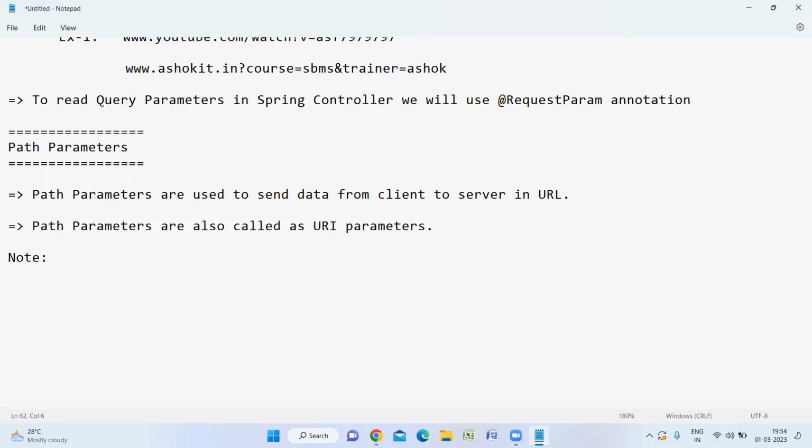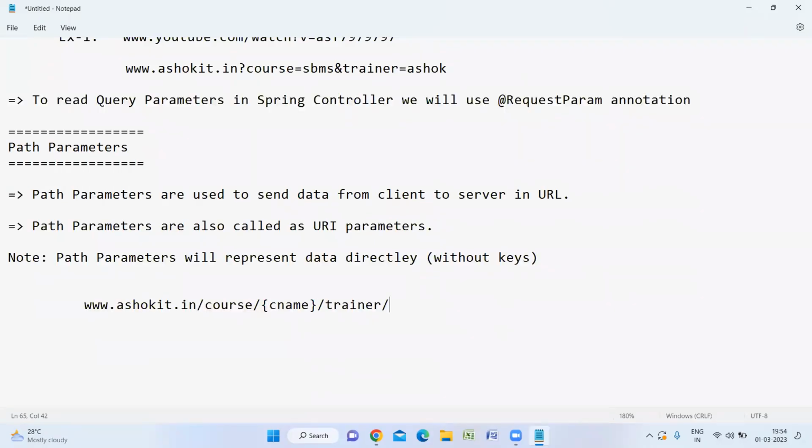Curly brace represents a variable, and here trainer name. Like this, we are going to specify path parameters in the URL. Are you guys getting my point? Query parameters will represent the data in the form of key value, whereas path parameters will represent the data directly. Path parameters are used to send the data from client to